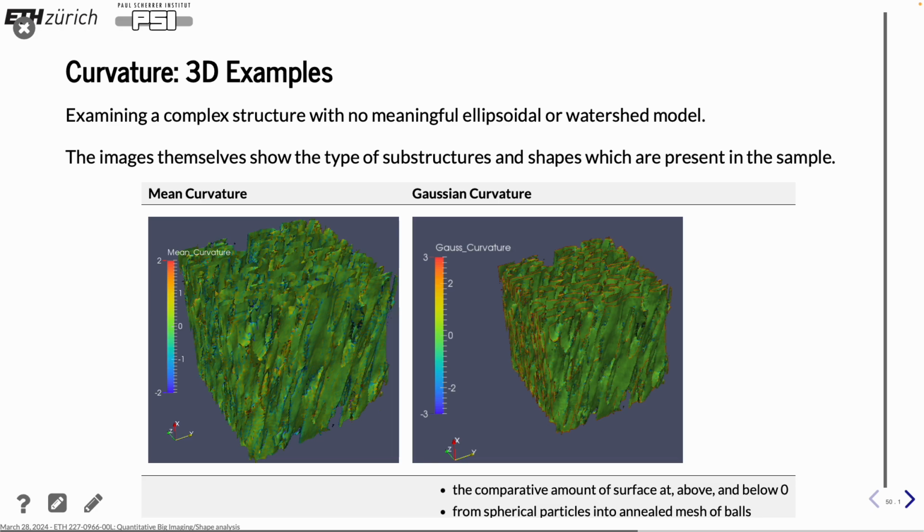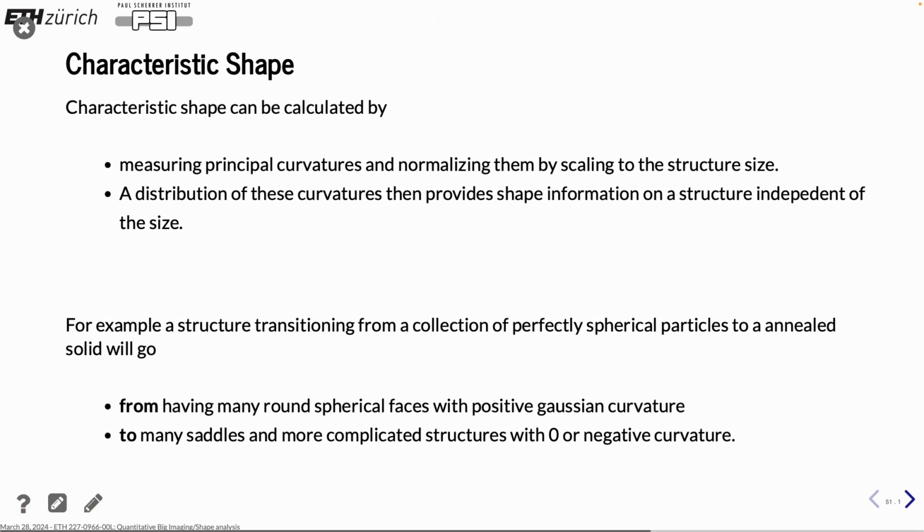There's a 3D example. It's not so easy maybe to see the differences between them, but it shows at least some example how it's displayed. Then we have some characteristic shape, and that we can describe with the help of the curvatures. You can describe how objects change depending on these curvatures. So if you have some annealing of solid, then you can go from spherical phases to